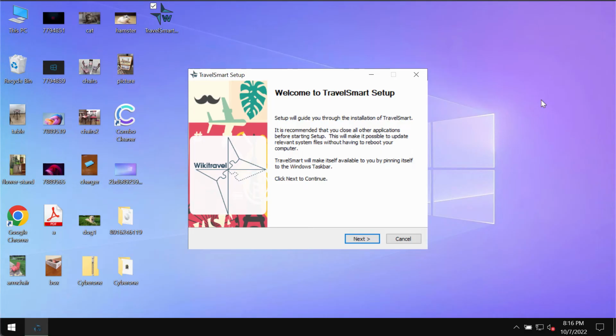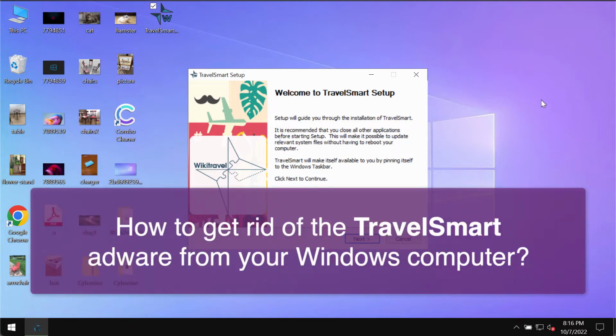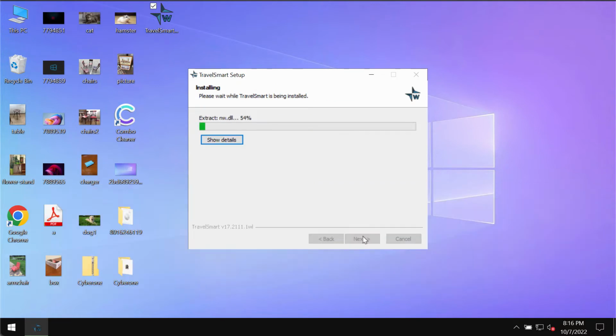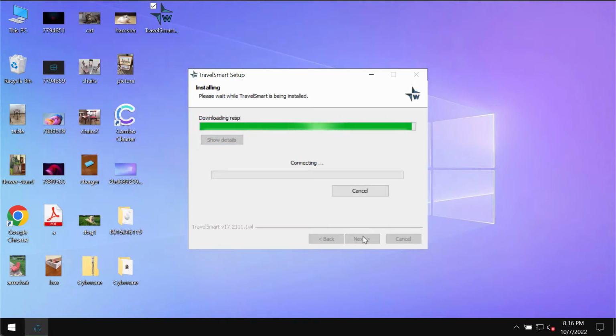My video guide will provide you with instructions that will help you to remove the adware type application, which is called TravelSmart. TravelSmart is a special program. The developers of this program indicate that by installing it, you'll be able to find some relevant information related to